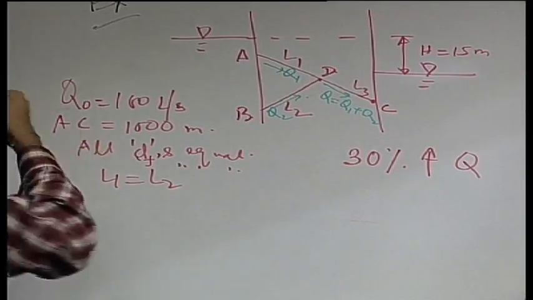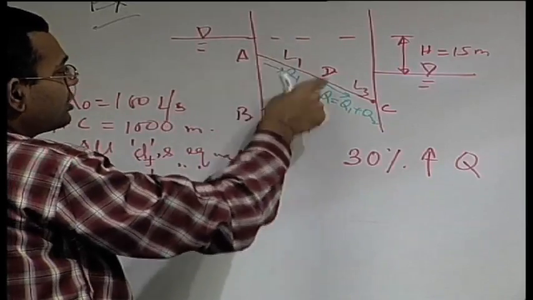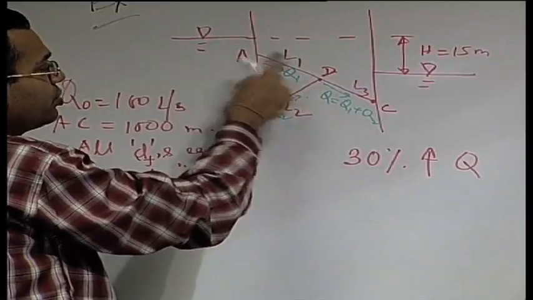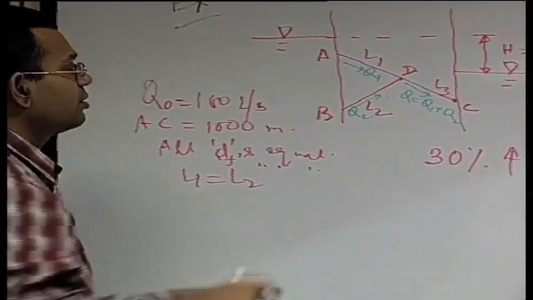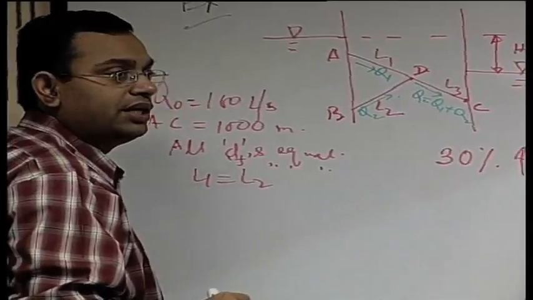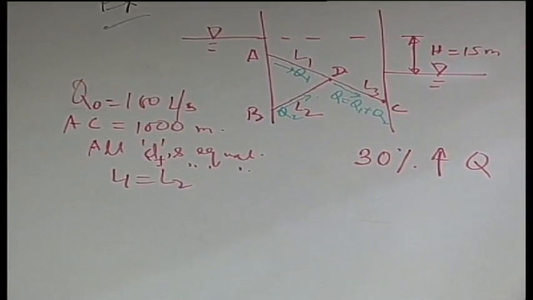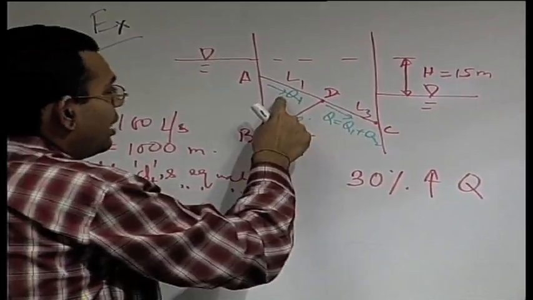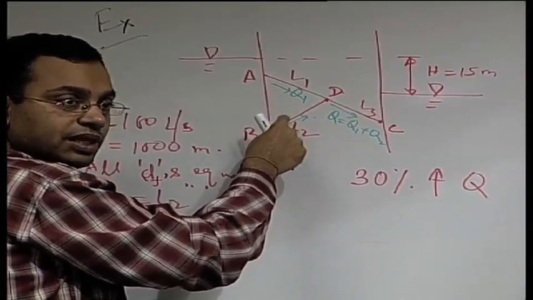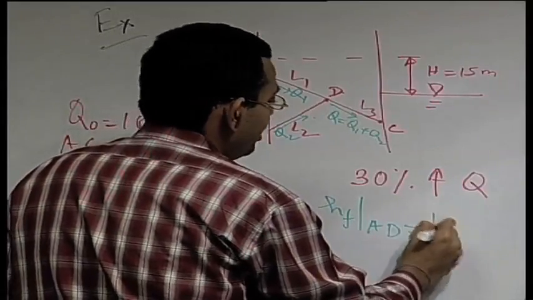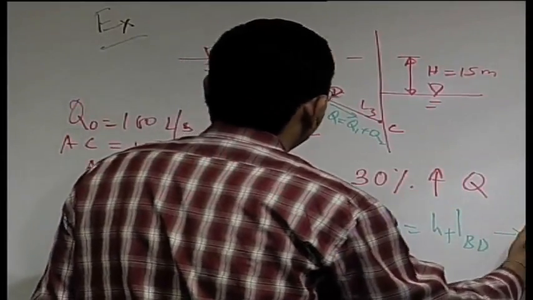So then you can write, if you neglect this elevation difference, the head losses for AD and BD should be the same, since they are like pipes in parallel. If their head losses are the same, head loss is a function of Q, F and L. F and L are the same, therefore Q should be the same. So HF AD equal to HF BD will give you Q1 equal to Q2,